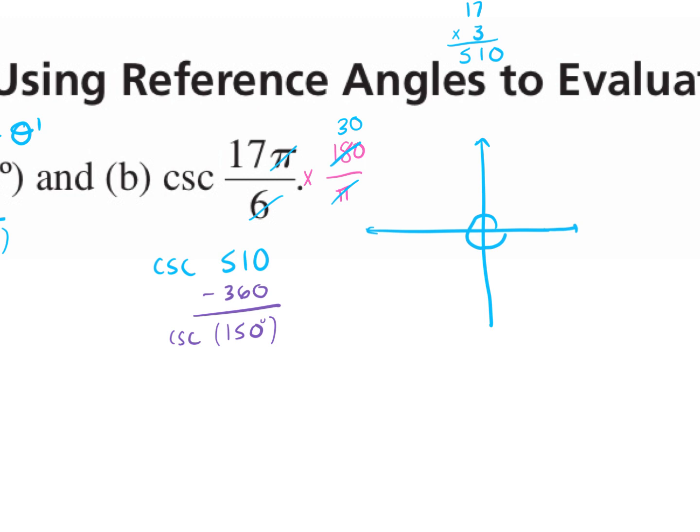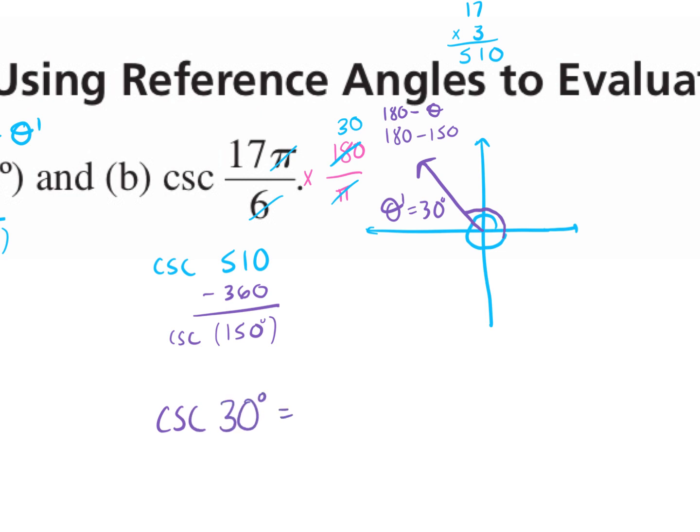Now, 150 would be in our second quadrant. In the second quadrant, we use 180 minus theta to find our reference angle. So we're going to use 180 minus 150, which gives us 30. So our reference angle